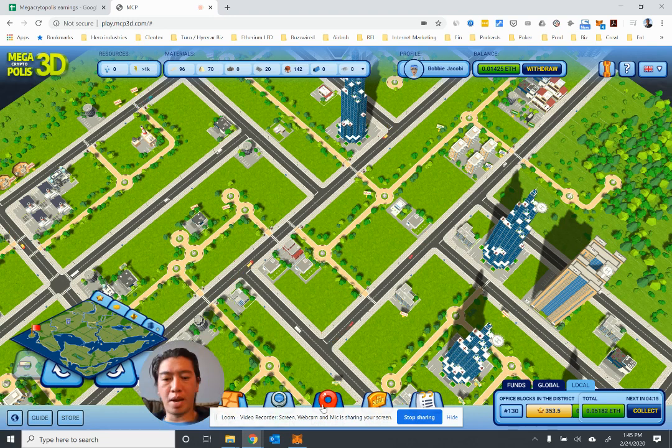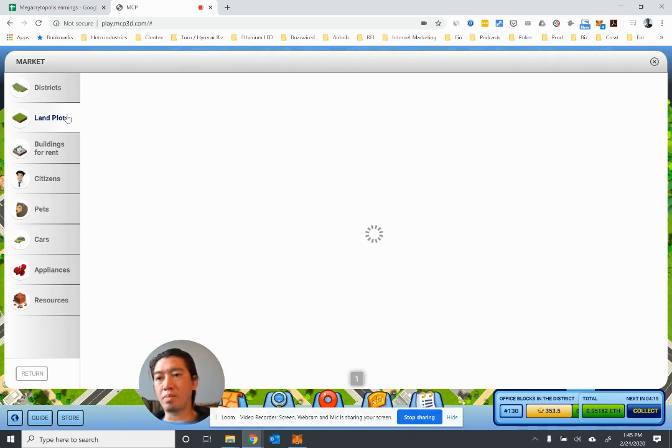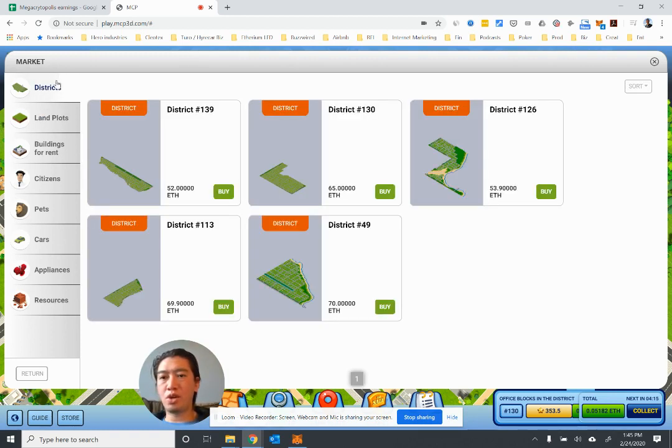So if you're ever curious about wanting to purchase any type of land or districts, they're right here. You can see I'm District 130, and the marketplace shows you that people are trying to sell it for 52, 53, 69, 70. So I'm right smack in the middle of that. Keep in mind, there's only about 50 districts available. So there's a very limited amount of districts that are available. And you know what? I put an arbitrary number here. I don't foresee anyone buying it just yet,